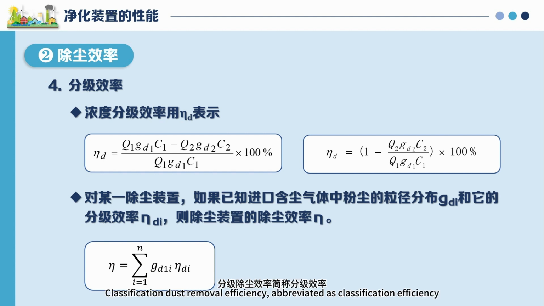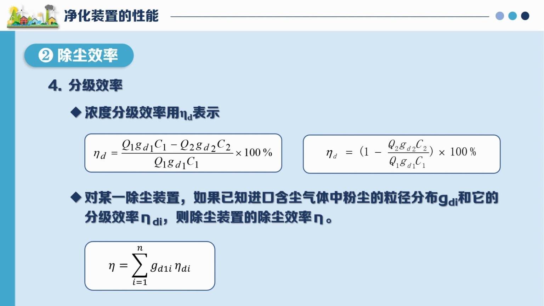Classification dust removal efficiency, abbreviated as classification efficiency, refers to the dust removal efficiency of a dust collector for dust of a certain particle size P, or within a particle size interval. So ETA i represents